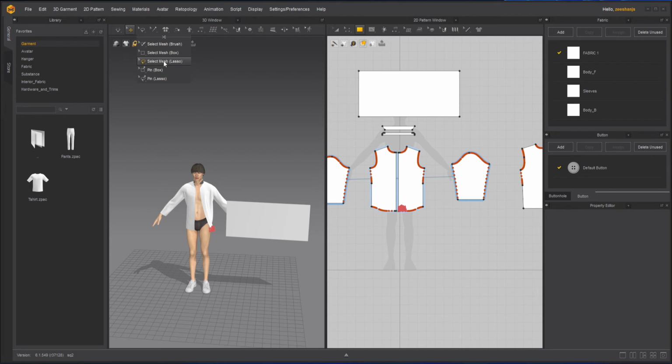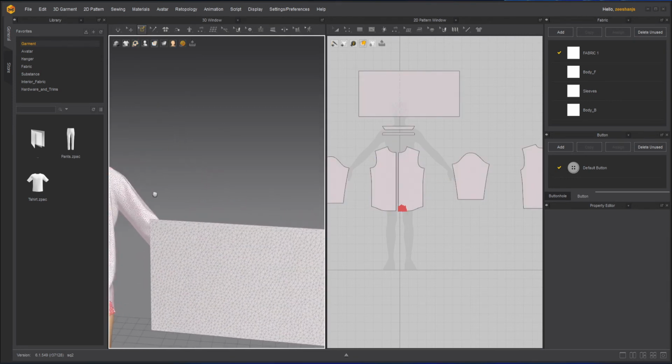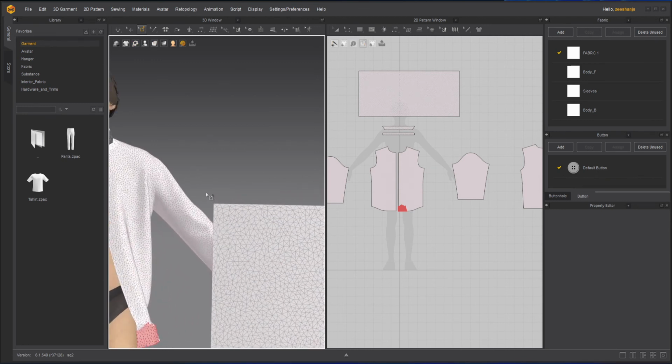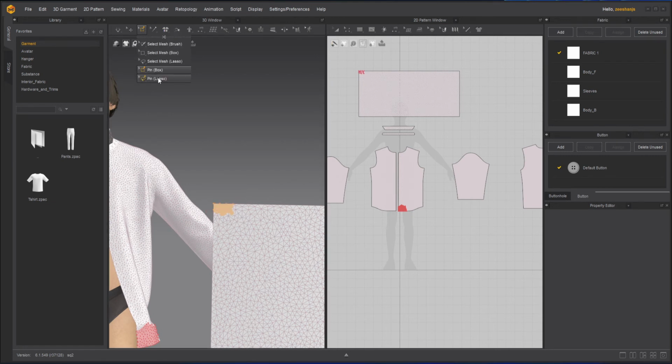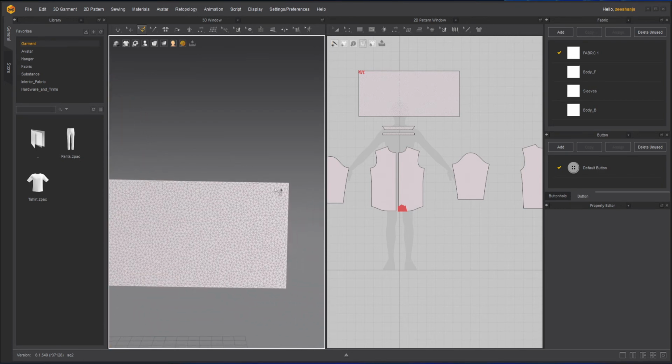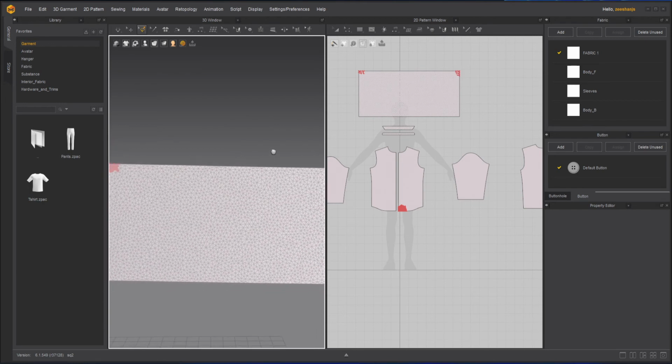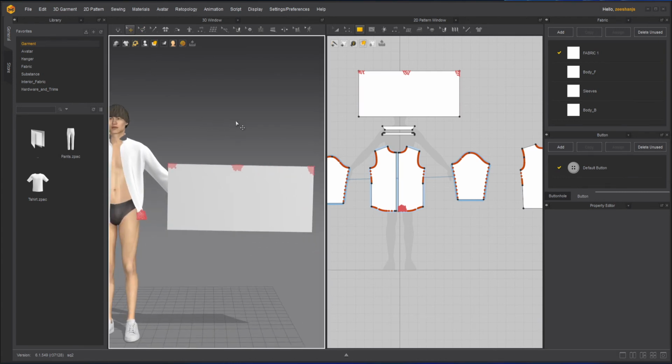I will take the lasso tool, and I can create the pins. Or what I can do is take a pin box or lasso pin. So if I take a pin box, and from either a 2D or a 3D window make a box around it, it will be pinned. Or simply, you can go to the lasso also, and you can create the pinnings like this. Done. And now if I simulate it,